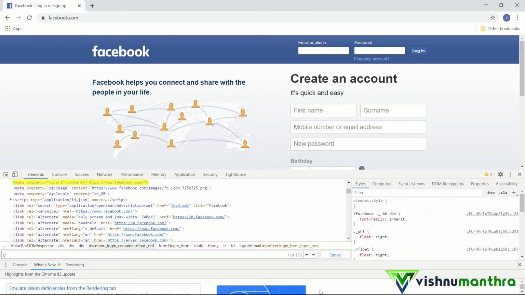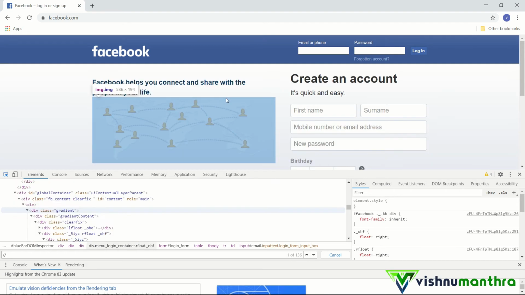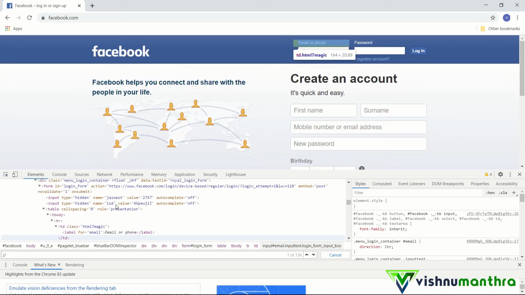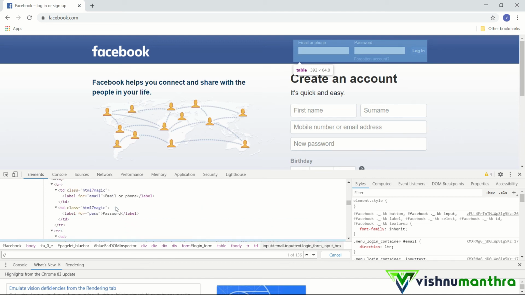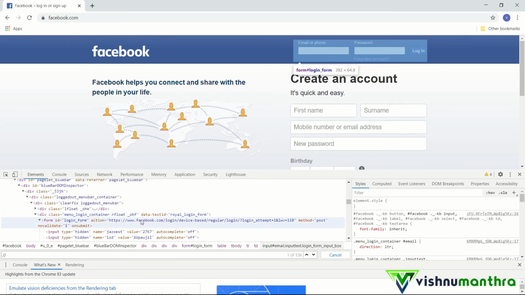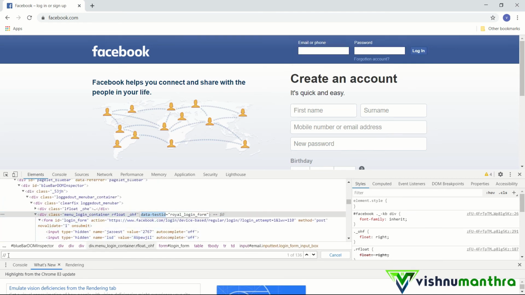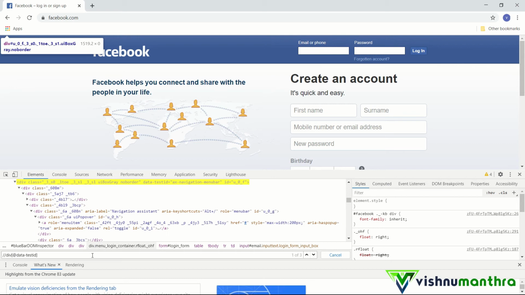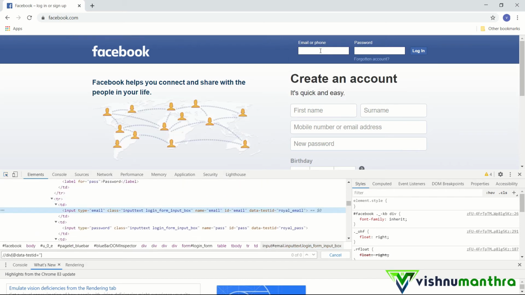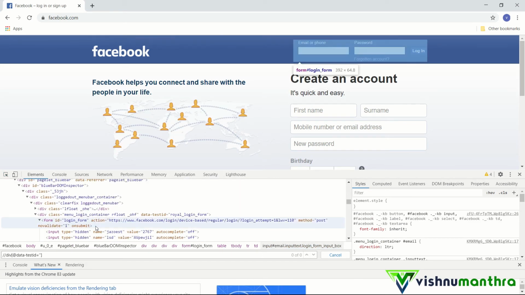Okay, double slash, then div, and then that particular attribute equals, in single quotes, the attribute name.